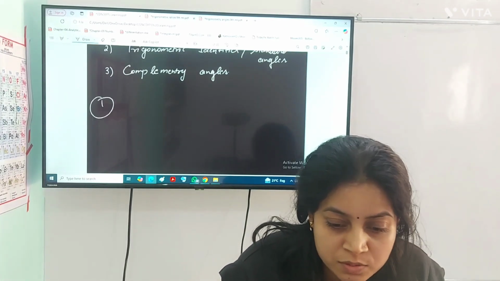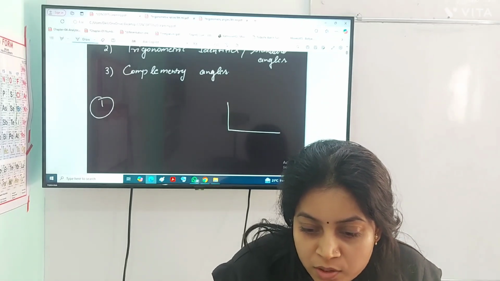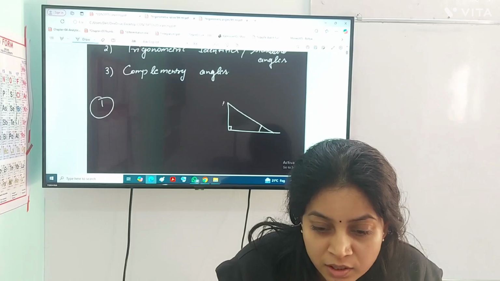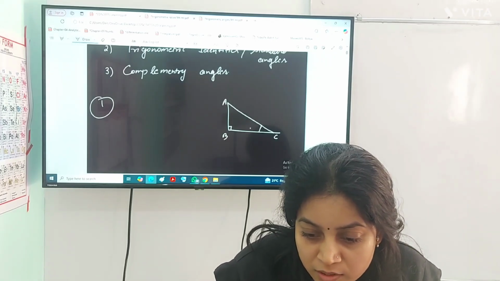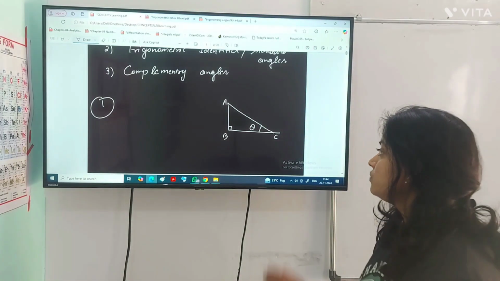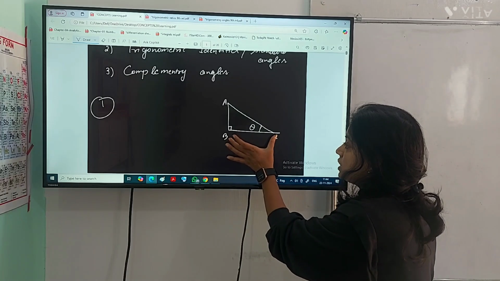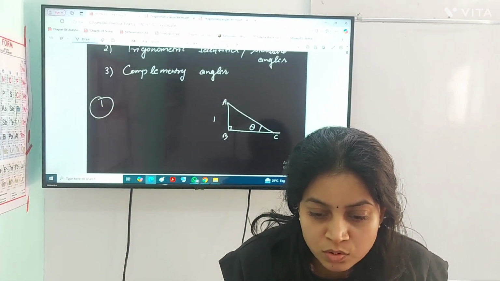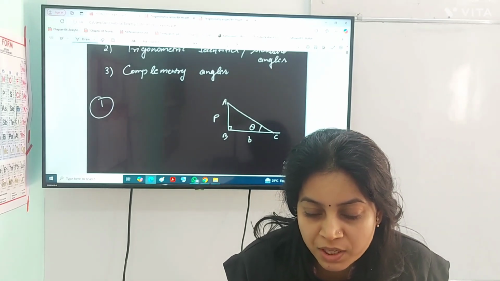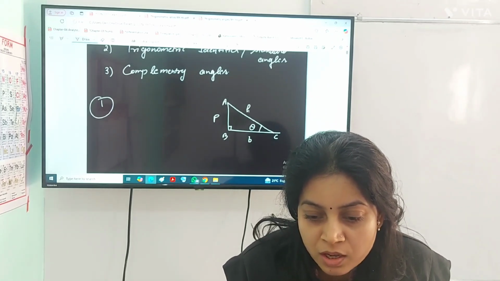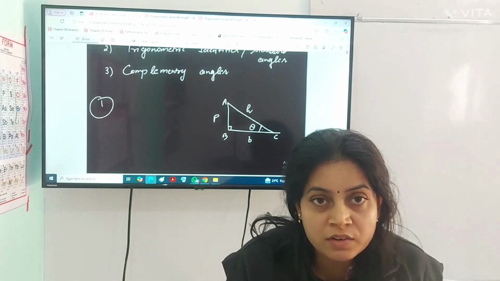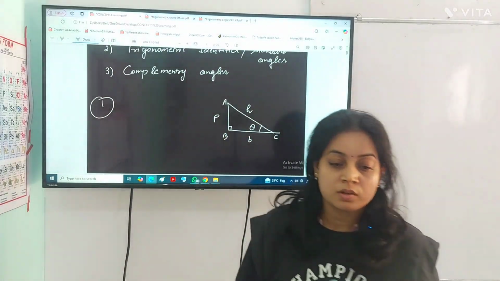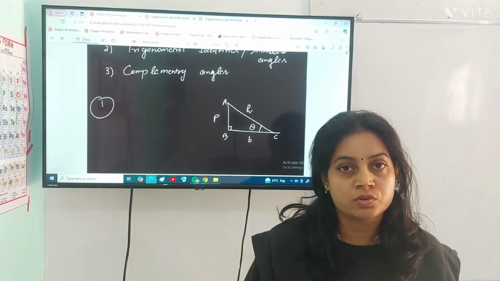So first thing I am going to explain that trigonometry can only be used in the right angle triangle. If the angle is a right angle triangle and this angle is theta. So if this angle is theta, BC will be the base and AB will be the perpendicular. So this is going to be the perpendicular and this is going to the base, and definitely this will be the hypotenuse. So hypotenuse we can find out, or any other side we can find out just by using the Pythagoras theorem. So what is the trigonometric ratios?